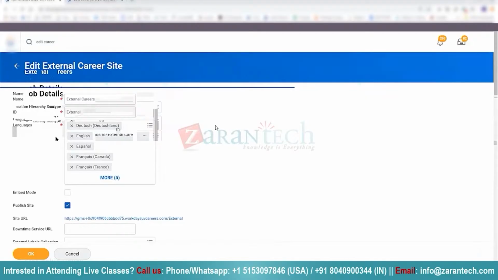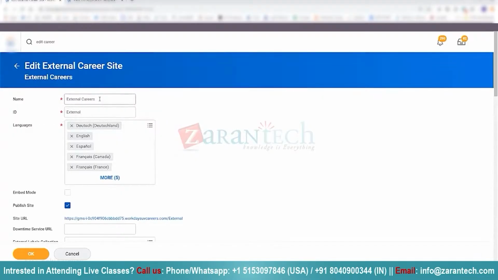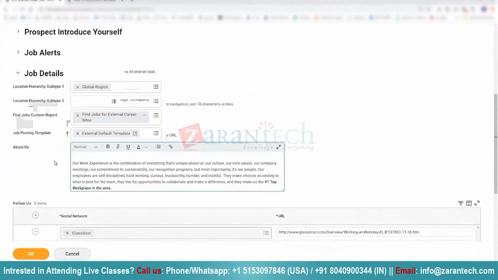No, it's within Workday, so the external site and the internal site, these are pages within the Workday system, but they're just designed to look like a web page where the jobs are posted. So in order to post to this external site, there is no integration. This is part of Workday. And when you create a brand new one, it will give you a brand new URL, and then it will tell you, okay, this is the URL to access that. You could change that, like the About Us text, which shows up for the company, we saw on the right-hand side, and then